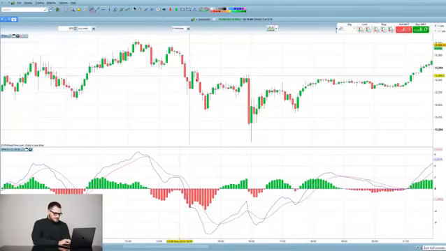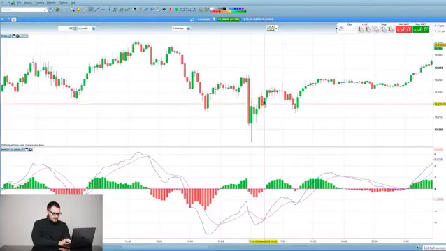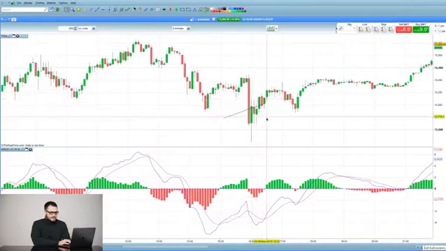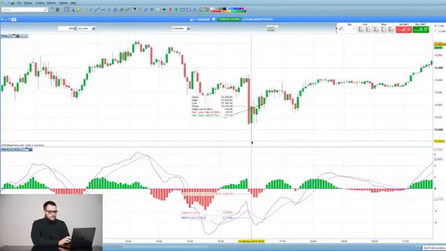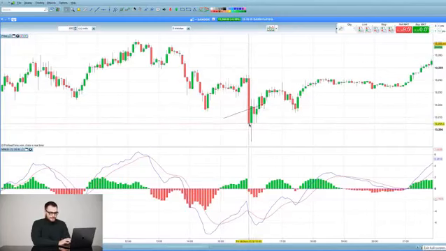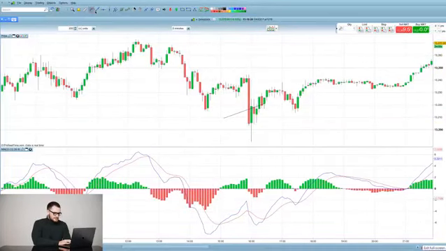Let's just mark it for the sake of the argument that we would have entered, I don't know, for example, here. Now, how can we use levels to actually help us in terms of a visual guidance and show us that our decision was incorrect? What I like to do is I'd like to take the bottom of the wave,